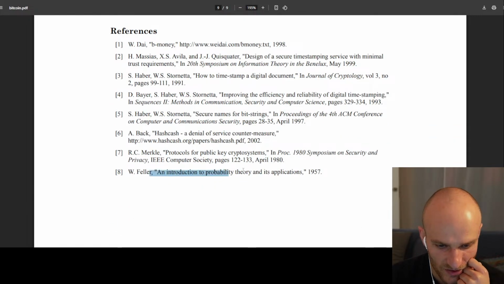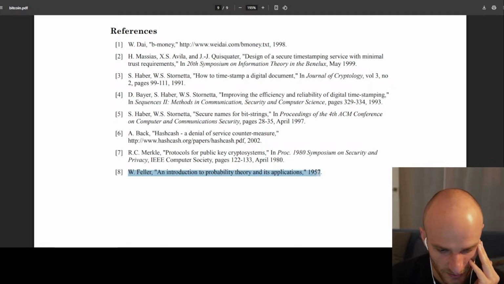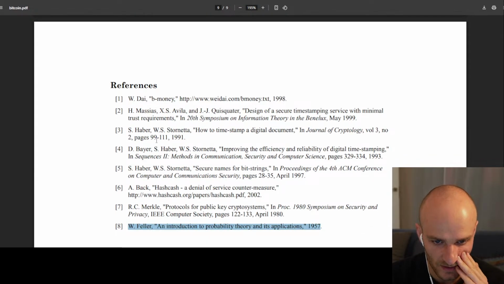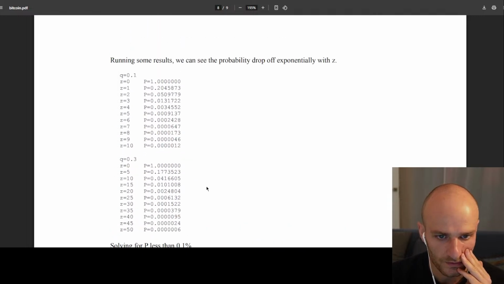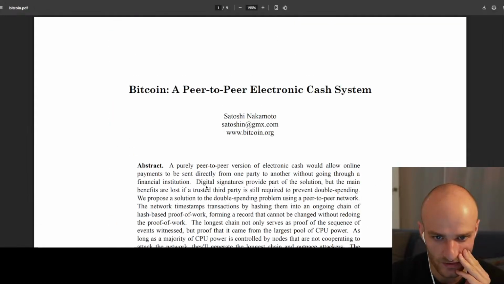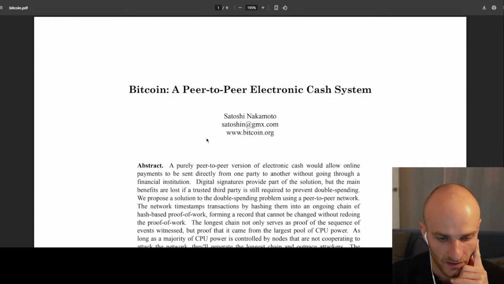I will not check this. I may check it just for curiosity, but it looks like just a probability theory paper, which is interesting, of course, in general, but in this case, I'm focusing on material which is more like cypherpunk or cryptography related. And okay, I loved going through this document. It's rich, well done, inspiring, and now that I